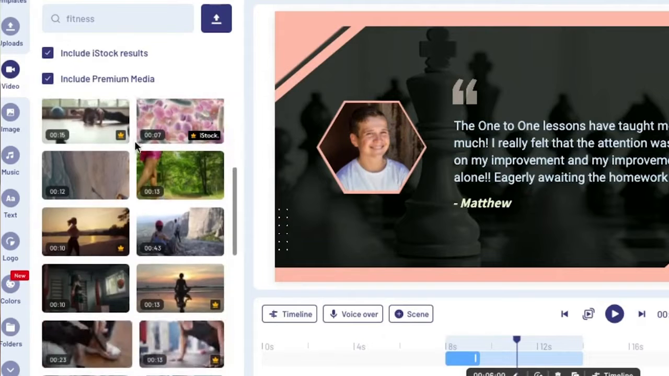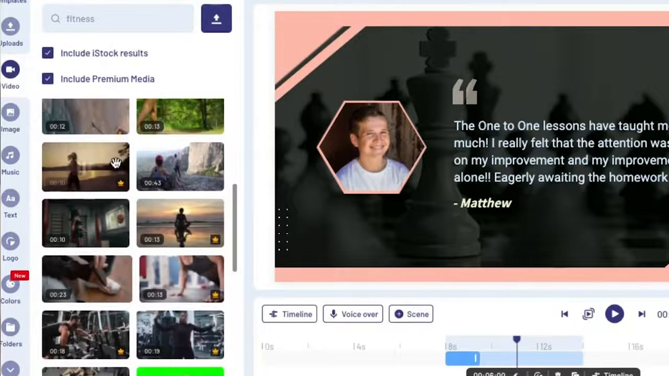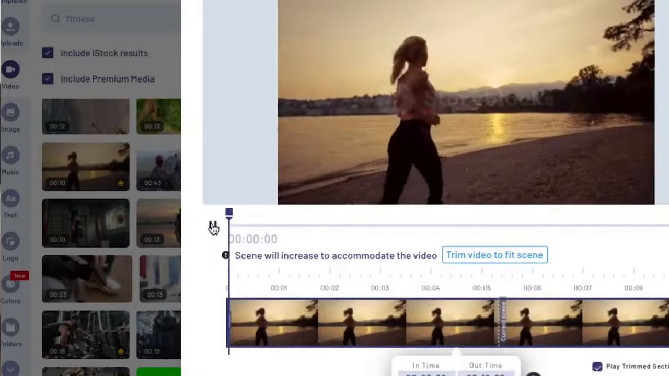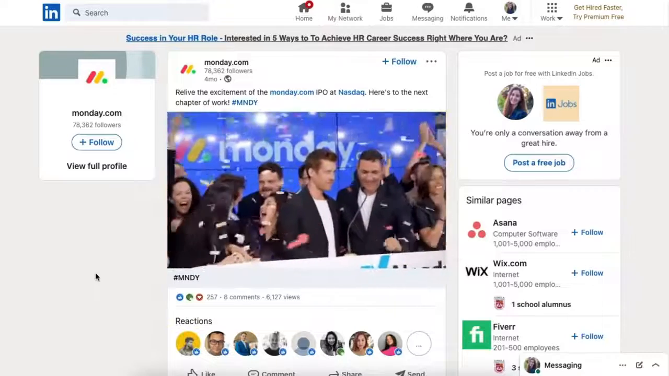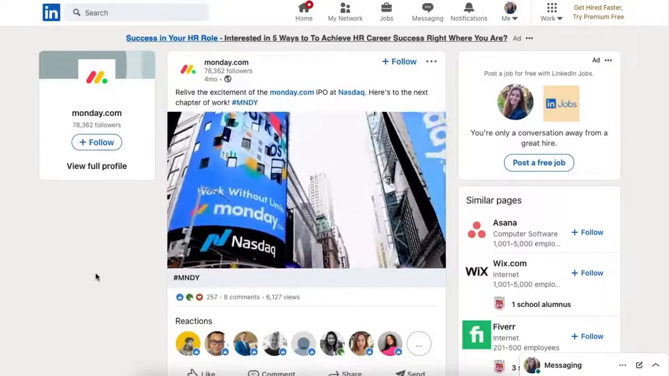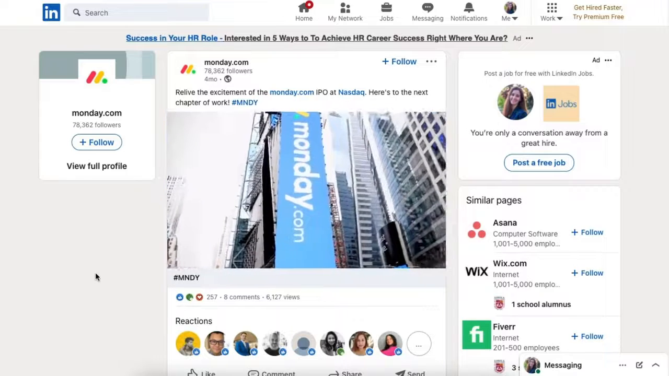So you can go ahead and open up a project and stitch together relevant stock images and videos on the timeline. Then you can add some inspiring music and add some text to illustrate your point effectively. This short but sweet announcement from Monday.com is the perfect example of a milestone video that resonates well with the